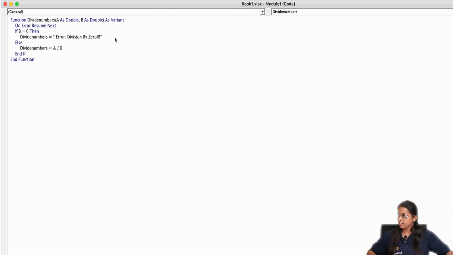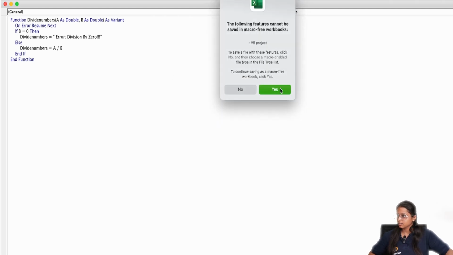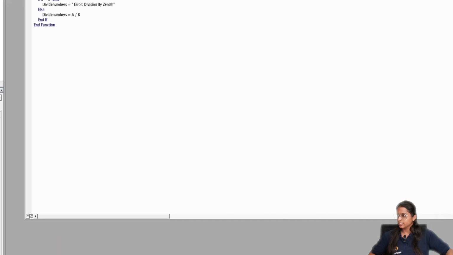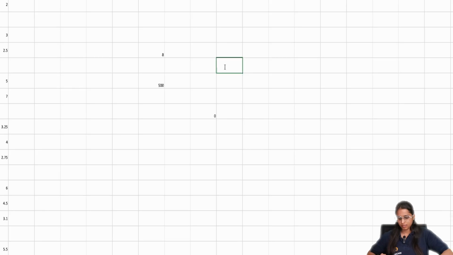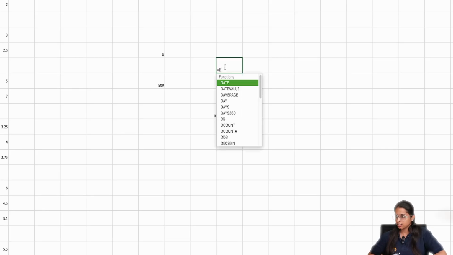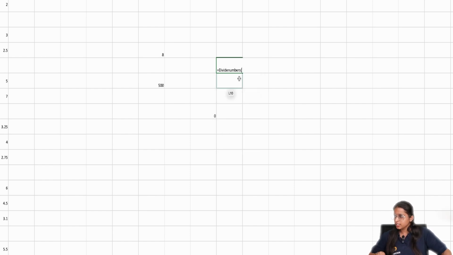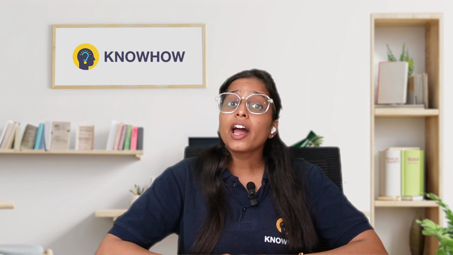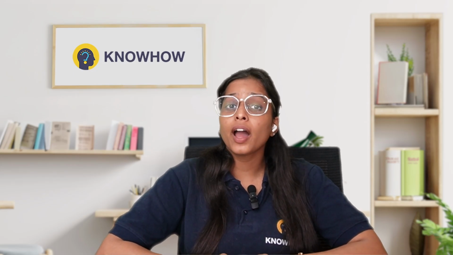We'll save it. We'll test it here. Equals divide numbers. I am passing 10, 0, and you can see that it is giving me the error. Now try modifying this function to handle non-numerical input.